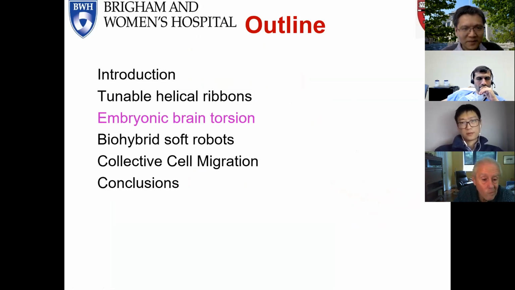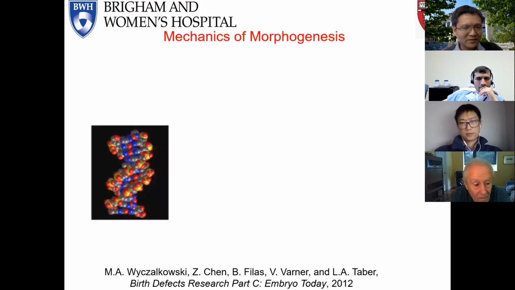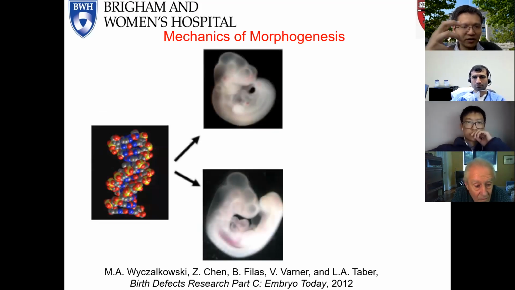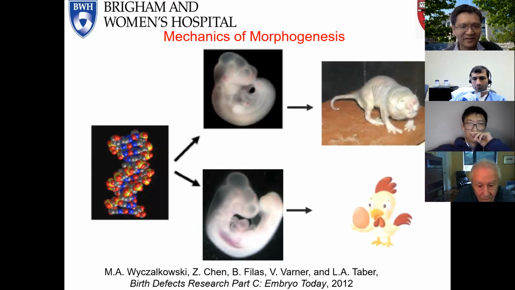And to move on to the biomechanics of shape formation in embryos. So in the past century, the scientific community has celebrated the huge success of the molecular genetics studies of development, but still a lot remains to be understood about how the one-dimensional information coding in DNA can be translated through mechanics into three-dimensional biological shapes, a process called morphogenesis. So these embryos early on look pretty similar in shape, but later they can develop into dramatically different